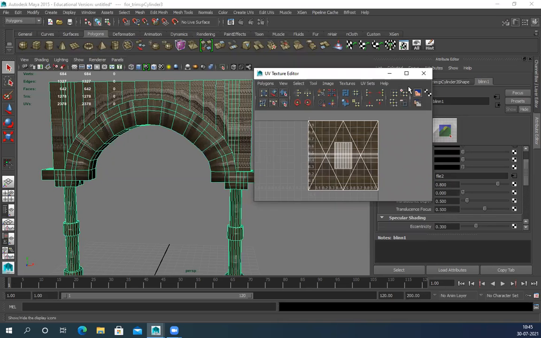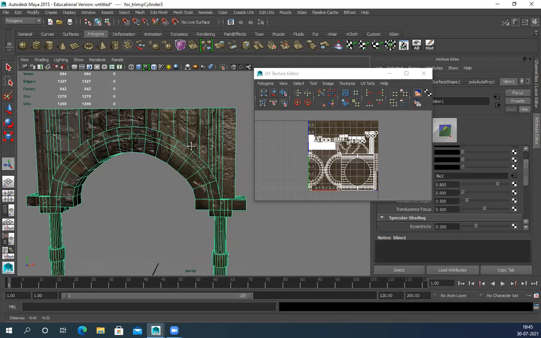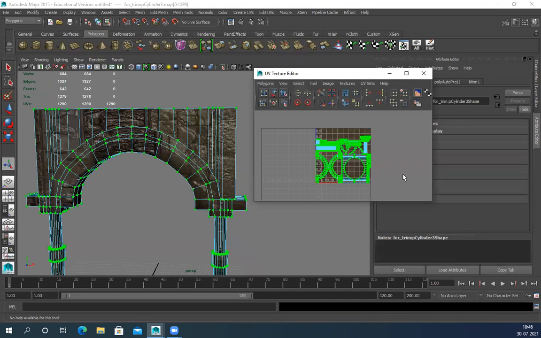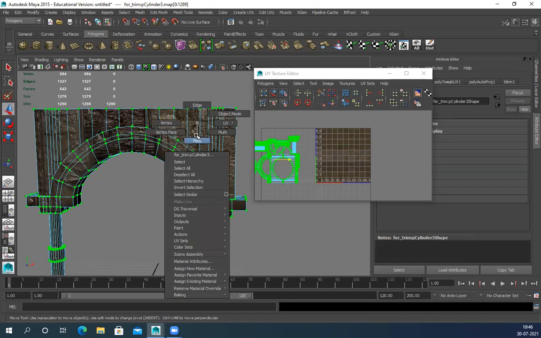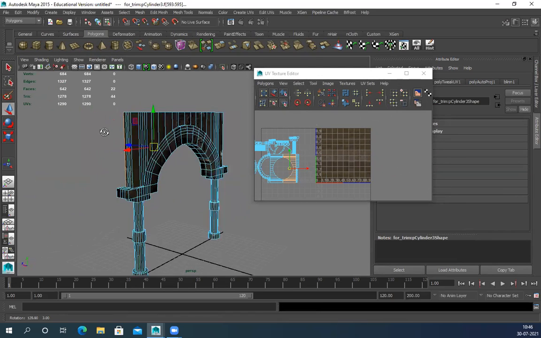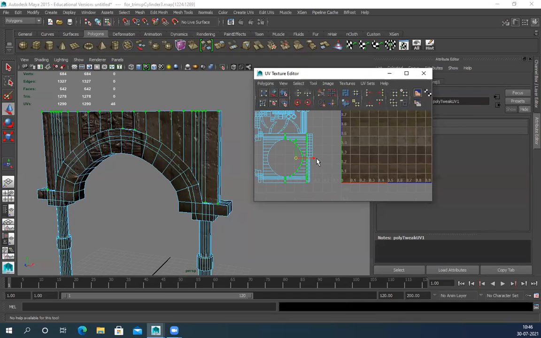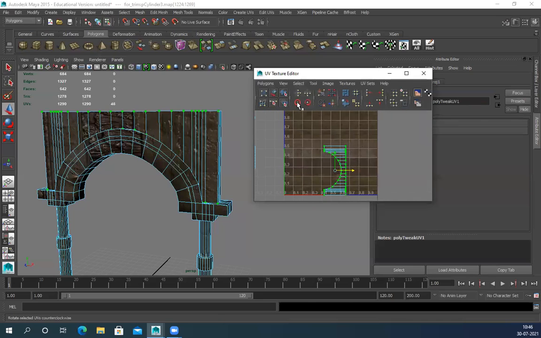As of now, I can just apply an automatic mapping, just for the sake of it. Then select everything, move it outside. Now I need this area to shell. You can see this entire thing. In UV, I can move it here, rotate.